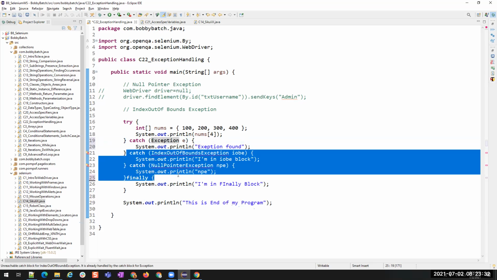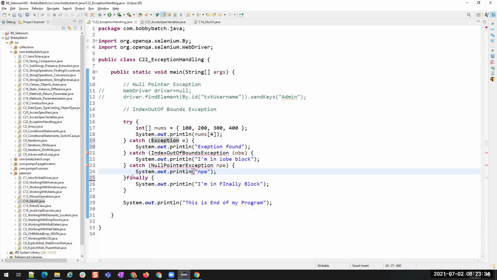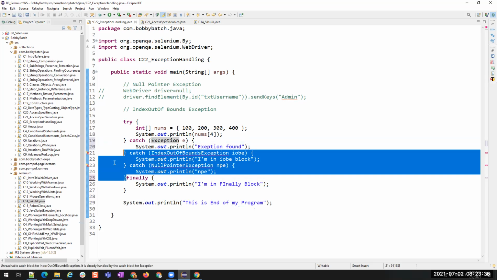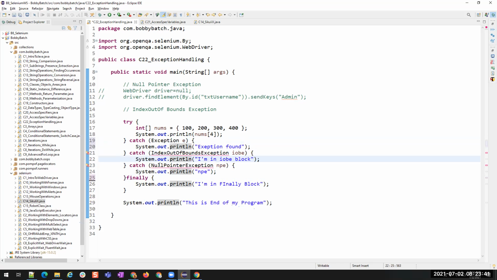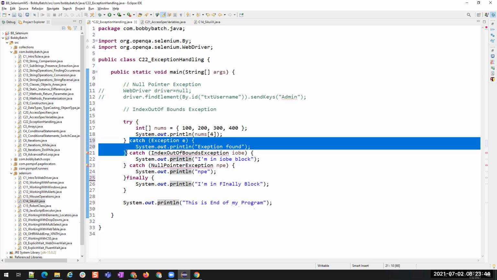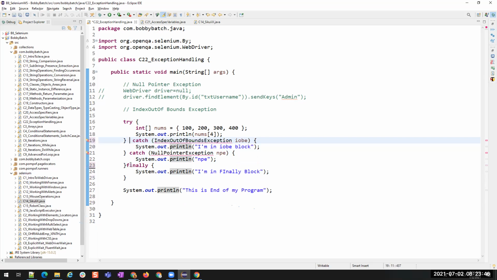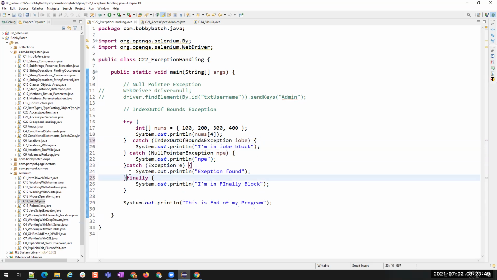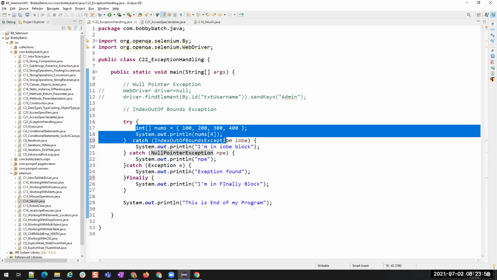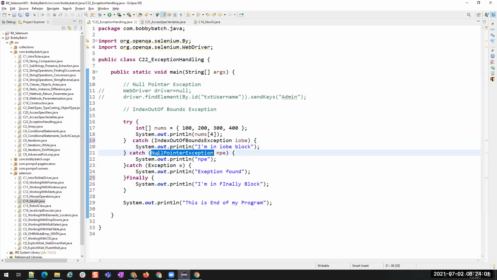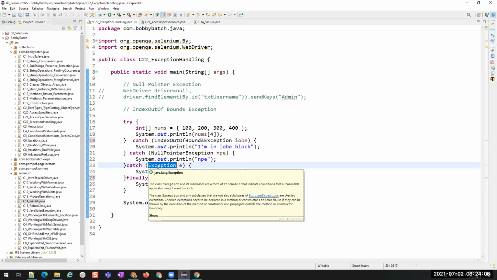Then what is the purpose of adding this? There is no purpose, right? These lines will never get executed. Then why do we have to have it? So that is the reason we keep the catch block of the generic exception at the bottom of the catch blocks, so that if it gets index out of bounds exception, it will enter into this. If it gets null pointer exception, it gets into this. But if it gets any other exception that we didn't handle here, like for example, element not found exception, then it will go into the generic exception class. Is it clear?